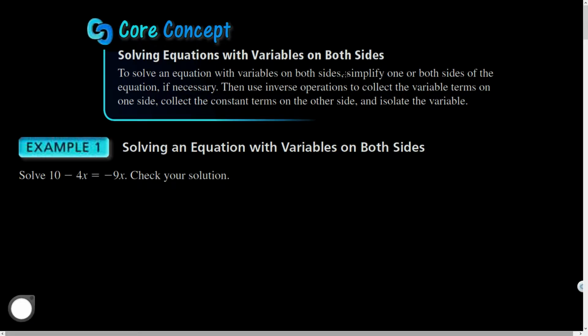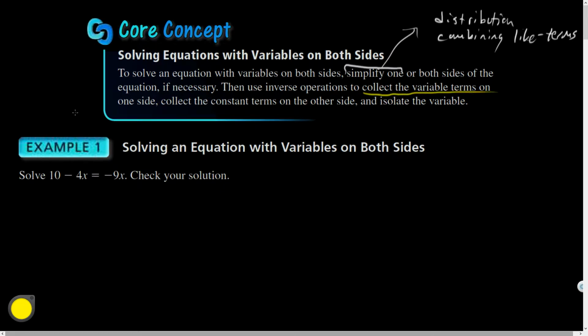They be talking about doing things like distribution, right? That's what they're referring to, or combining like terms, right? Those are steps that are simplifying. I guess you could also reduce fractions or something like that as well if need be. So do that. And then it says use inverse operations to collect the variable terms on one side. So collect the variable terms on one side. I would call that, right, bring,